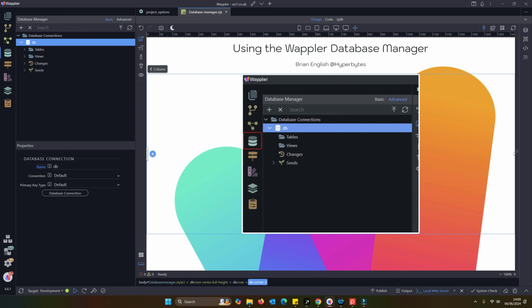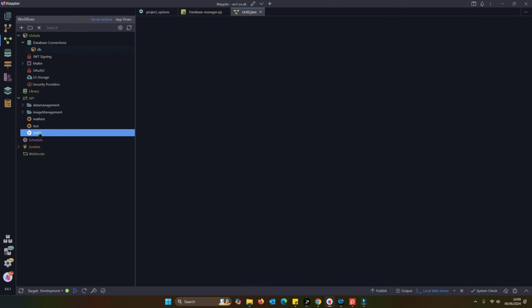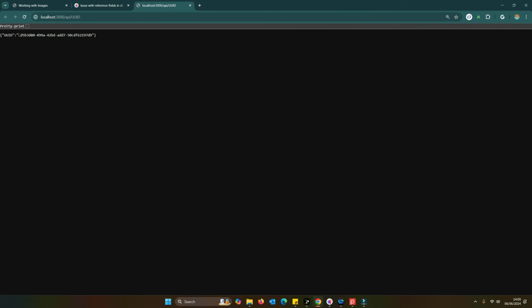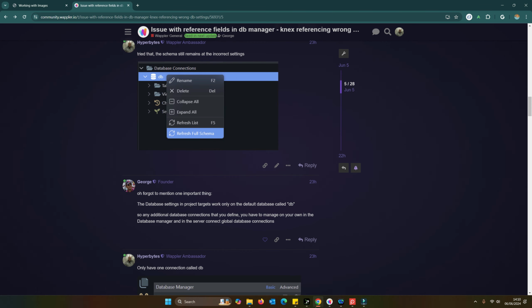identifier. If any of you don't know what a UUID looks like, if I just run that, it returns a UUID there. So it's a big long random string that's generated from the server level as a unique identifier. So of course that would be non-sequential, but still remains unique, which is the important thing.